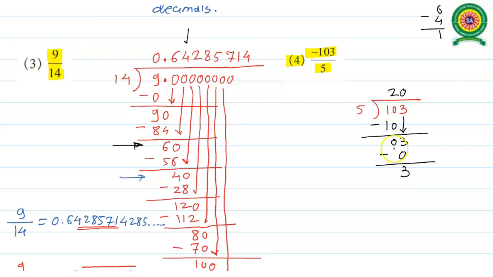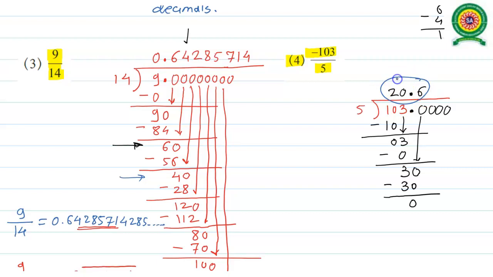Once your remainder is less than the divisor, put a decimal in the dividend, and the same decimal we have to carry in the quotient. So we can include now any number of zeros after the decimal. Next 0 comes down, it generates a 30. 5 6s we have 30. So now 30 minus 30 becomes 0. Once the remainder is 0, stop your division.